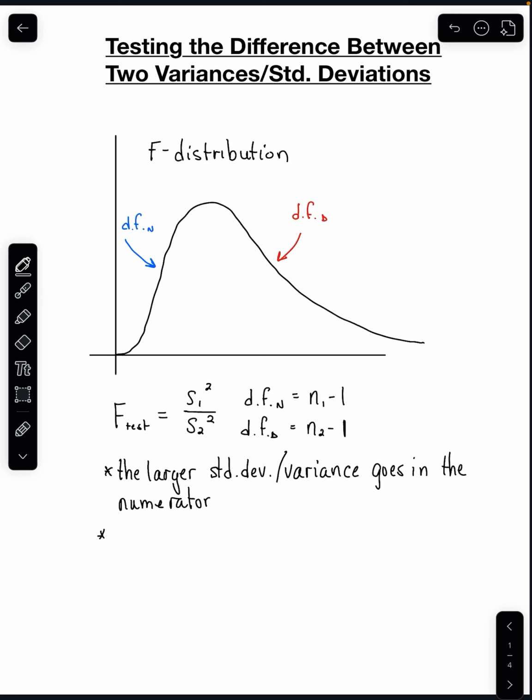This has a couple of effects. One, it guarantees that the test statistic is always larger than 1. If the top of the fraction is larger than the bottom, then the value of the fraction will be larger than 1. What this does then is, because the mean of the distribution is equal to 1,